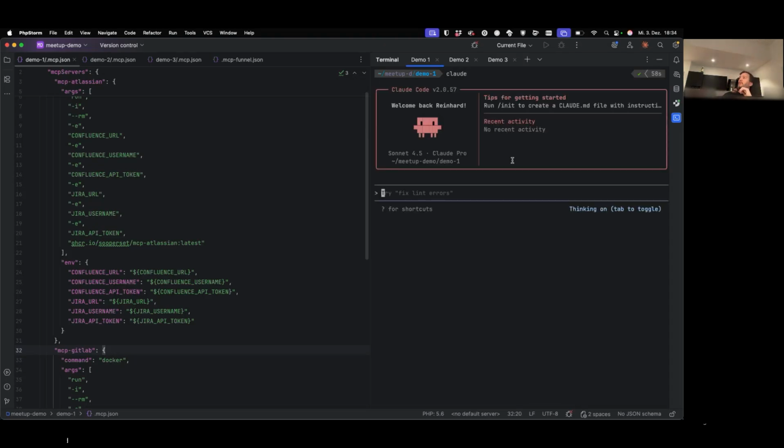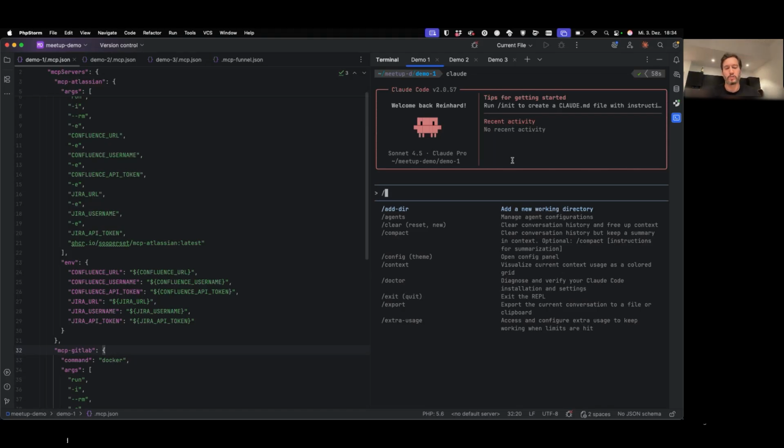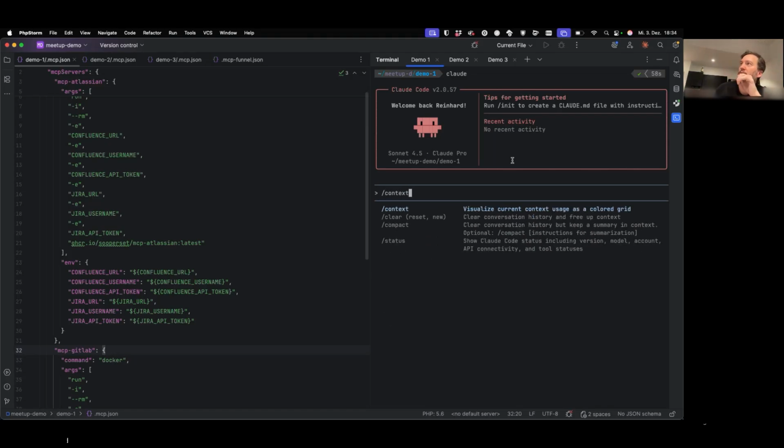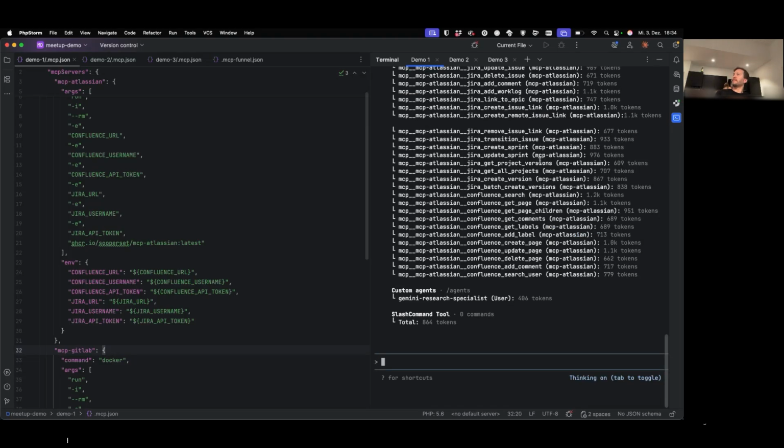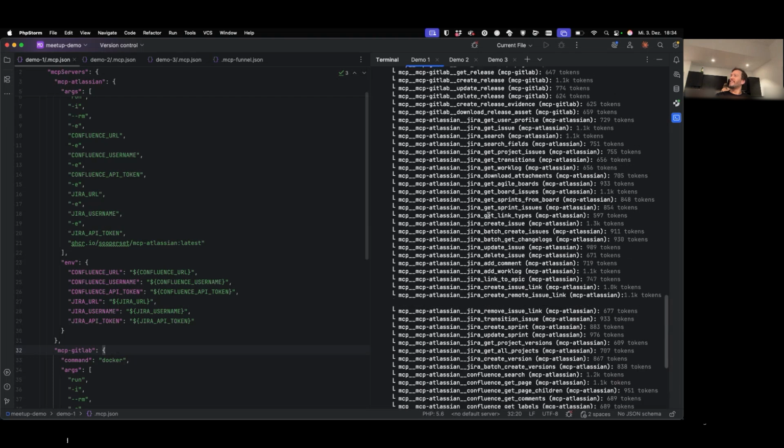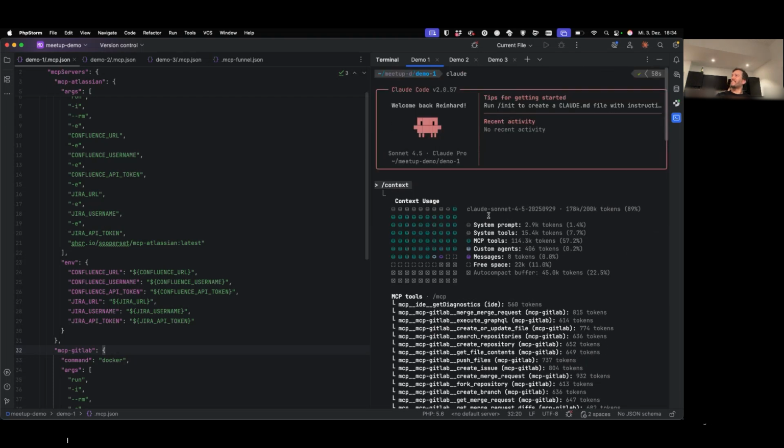So we start a session. We want to do something, and the first thing we want to see is, okay, you don't have to do that, but you can check your context. Maybe normally you wouldn't do that, but in this specific case and in this demo, we will do that. Checking the context, and you can see, okay, all of my tools are loaded. Let's go. And yeah, what's that? 89% of my tokens are used here.